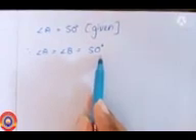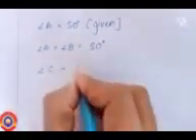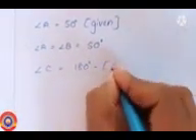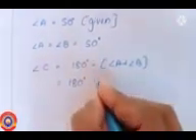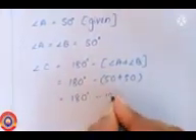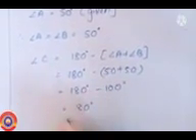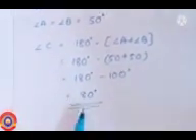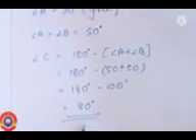Angle A is equal to 50 degrees, which is given. Therefore, angle A is equal to angle B is equal to 50 degrees. And then using this, we can find out the third angle in this triangle, that is angle C. Angle C is equal to 180 degrees minus (angle A plus angle B). That is equal to 180 degrees minus (50 plus 50), which is equal to 180 degrees minus 100 degrees. That is equal to 80 degrees. Now we have found all three angles of the triangle ABC.